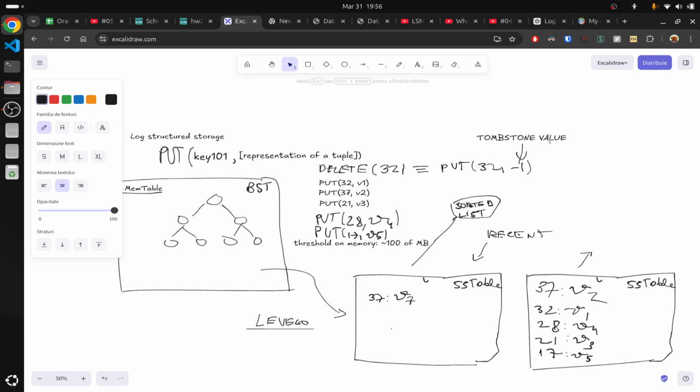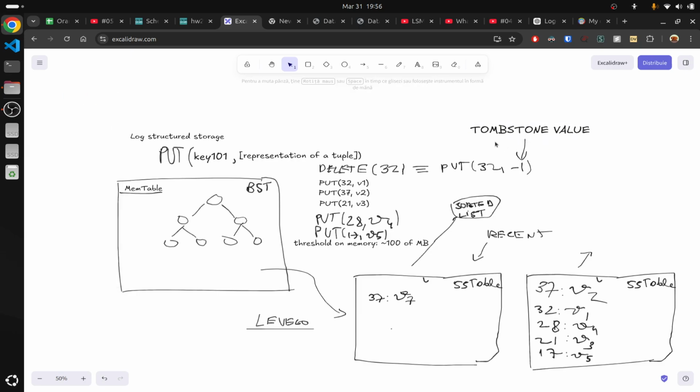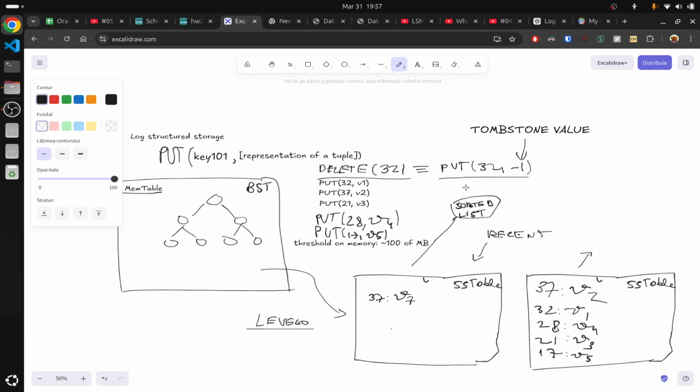So this tombstone value just sort of represents, okay, we just place -1, which means it's deleted, right? So this is actually equivalent to this. You can think of it like this: if 31 is actually not in the memtable, not in the binary search tree, then you create it and you put the tombstone value here, such that when you actually write